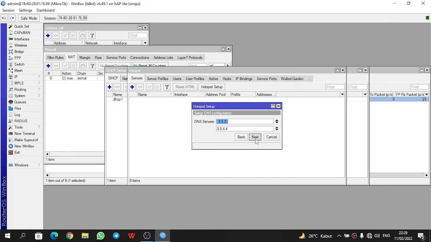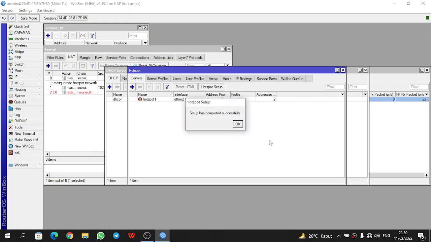Next, then the server, next, and then we can add anything for the DNS name. For example, I make the DNS name roughly.com. Okay, next is the name of the local hotspot user. I use admin, and for the password I make 123. Okay, next.